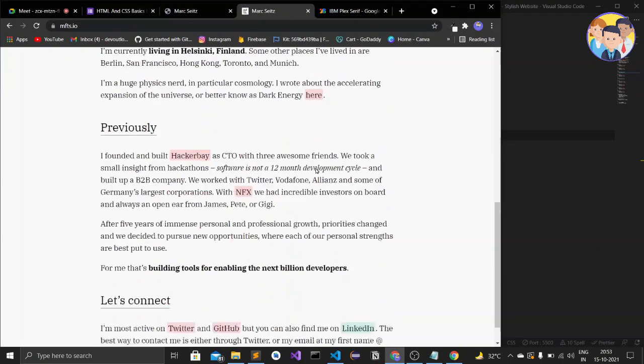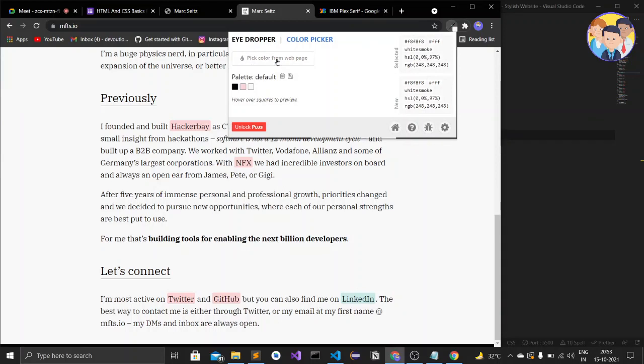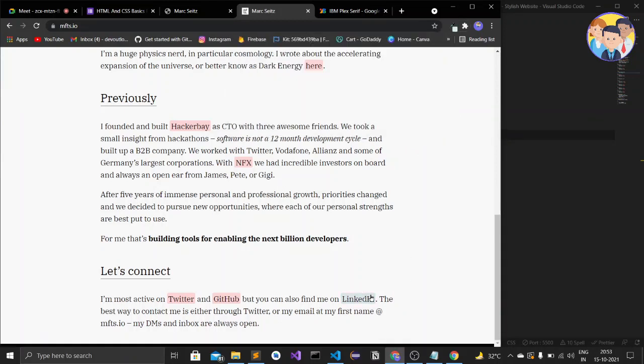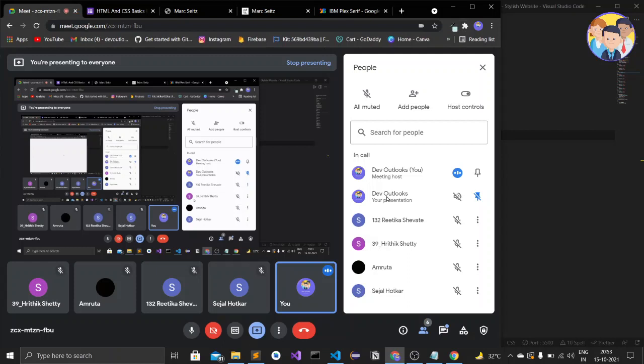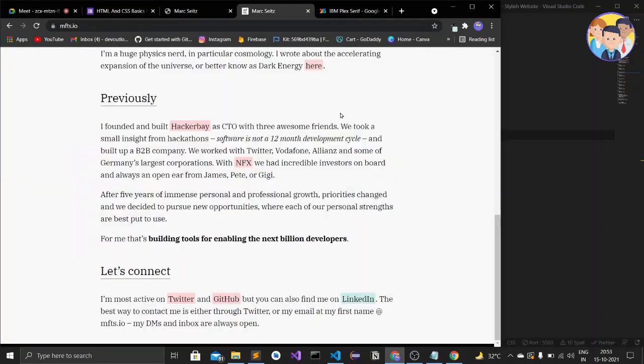Is there anything else here? This is only the changing of color, so you can choose the color from the color picker from the web page. This is the color of this, so I'll paste it in the chat section if you want to do it. This is the hex color of this, I think blue. It's green, lightish green. And this is the pink.